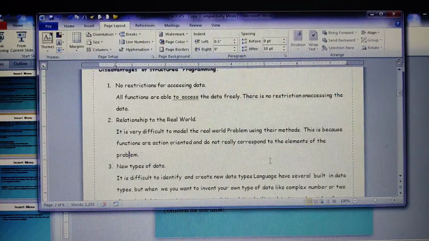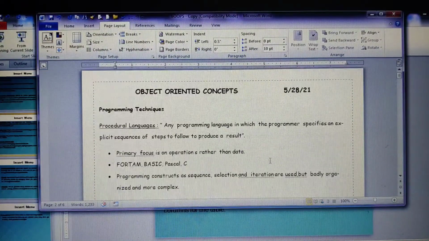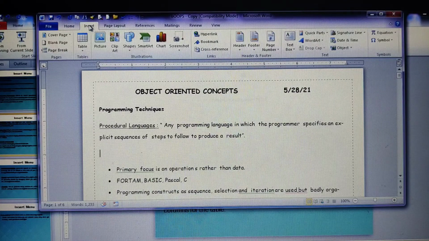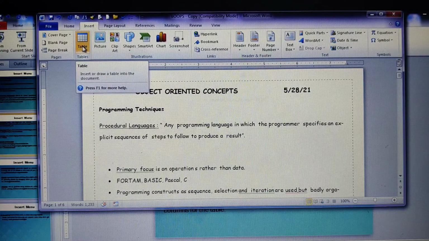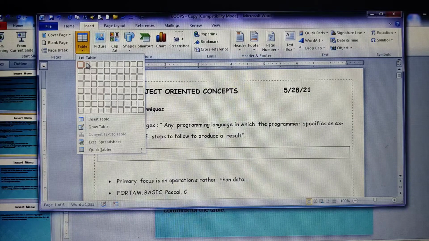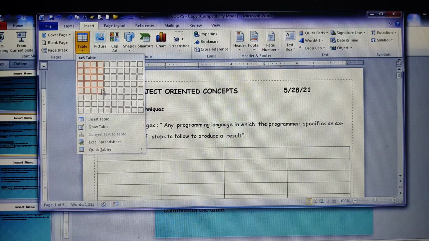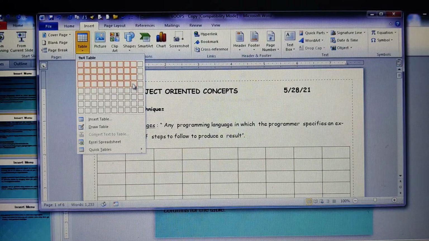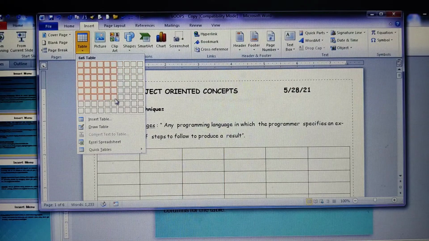So you place your cursor where exactly you need a table. Let me place my cursor over here wherein I need a table. All right, then go to the insert tab here, click onto the table option. That will allow you to draw a table or insert your table into your document. Now just click to select the number of rows and columns you want. You can see here I'm just increasing the number of columns over here, similarly the number of rows.